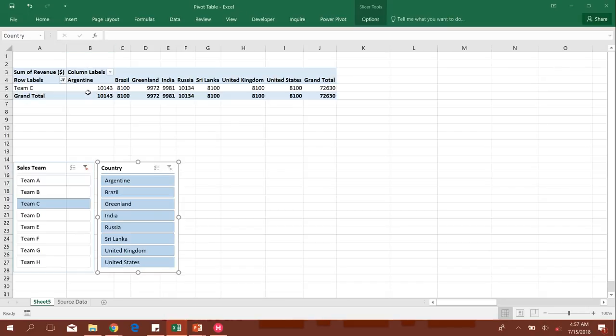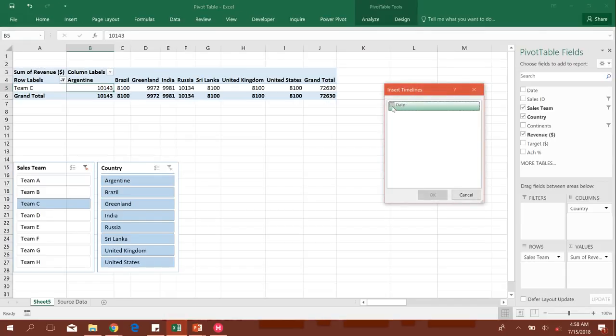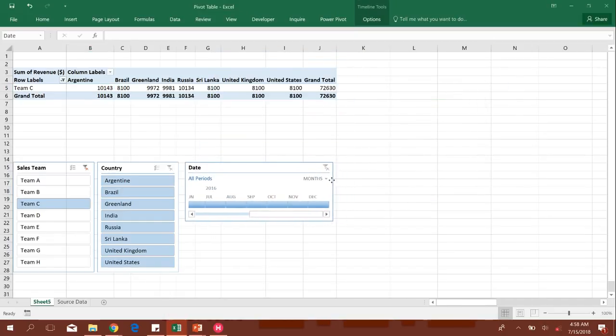Okay. Now I'm inserting timelines. Go to insert, then under filter you can find timelines. So timelines basically describes the time period, time duration. So my date here is for timeline. So this will create a time duration from which duration I want to see my data. So if I want to see data from